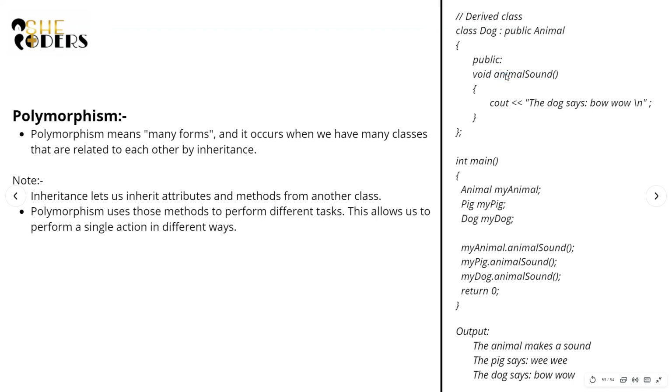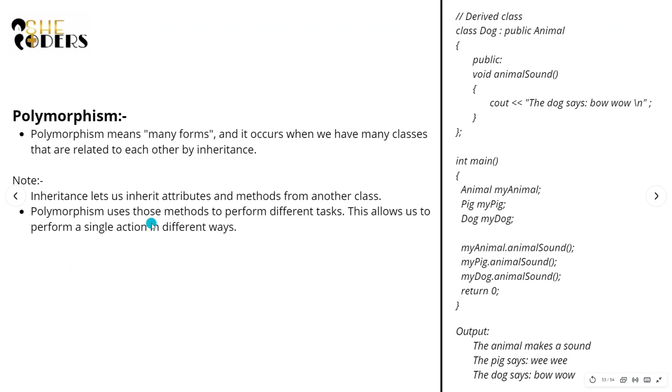Just like that, whatever we have inside the animal class, the data members, they will be here. We can access them, but there are still some principles for how to access the private and protected members, about which you will be learning in the higher classes. Just like that, the animal sound implementation still exists inside the animal class, but here we have given a different definition to the animal sound function. Still, if we want to access the animal sound function of the animal class, not the dog class, we have a different syntax for that.